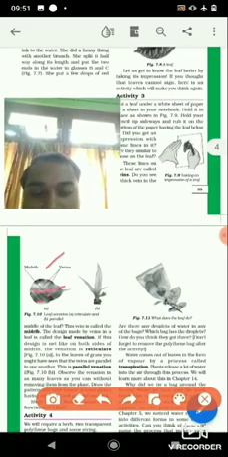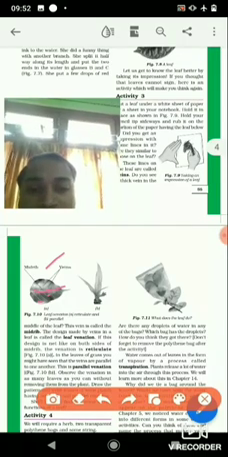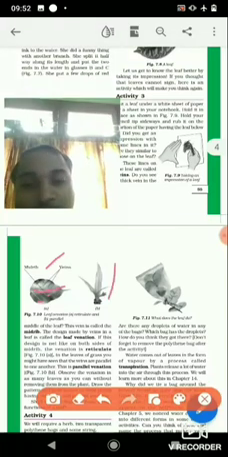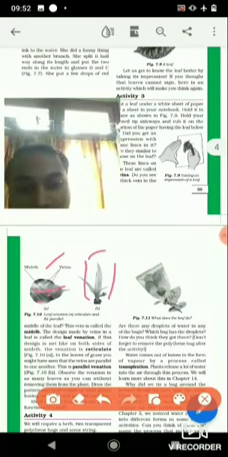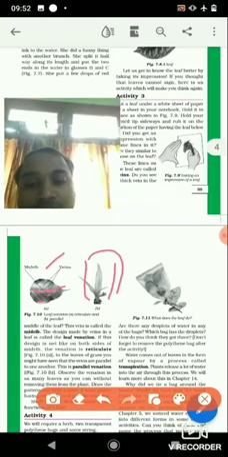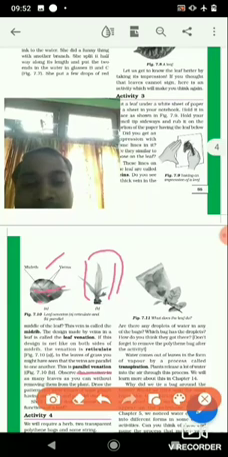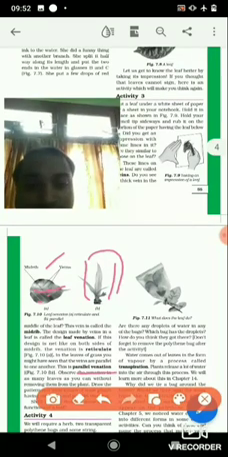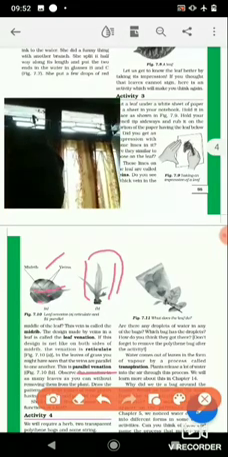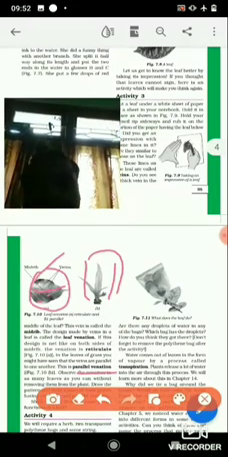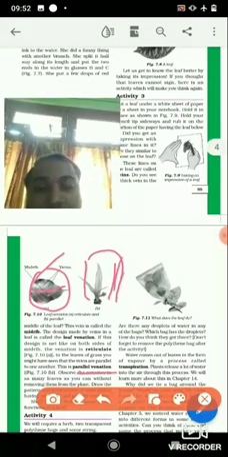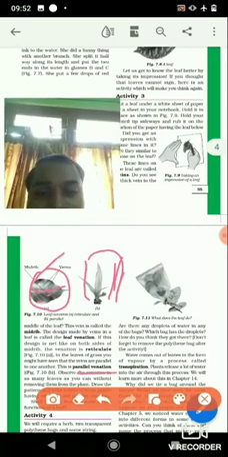In the leaves of grass, you might have seen that the veins are parallel to one another. If you notice this part, this is a leaf of grass, and here the veins are arranged parallel to each other. This kind of venation is called parallel venation. They are not arranged in a similar way as you can see here. Here it is reticulate venation, and here it is parallel venation in the leaves of grass.